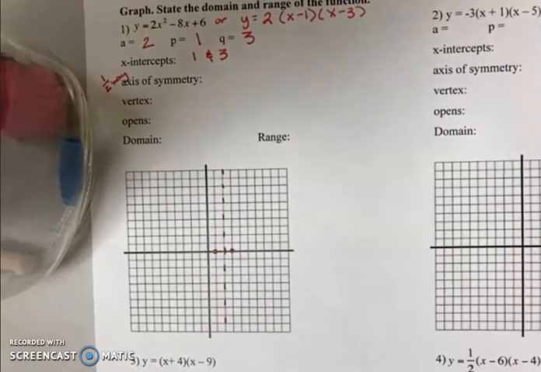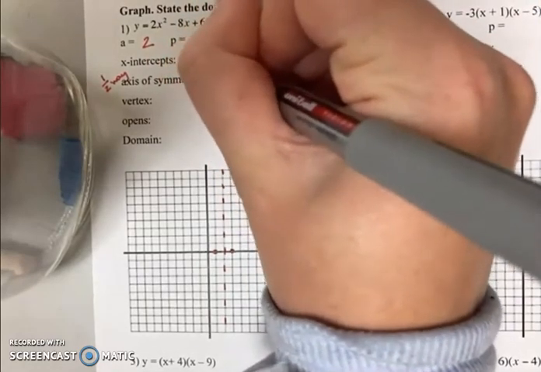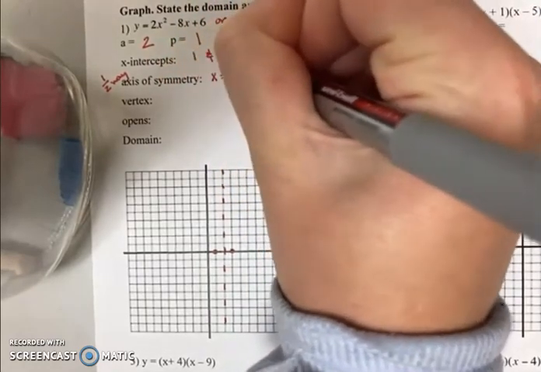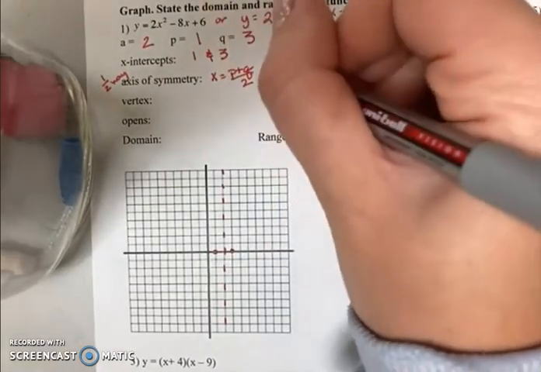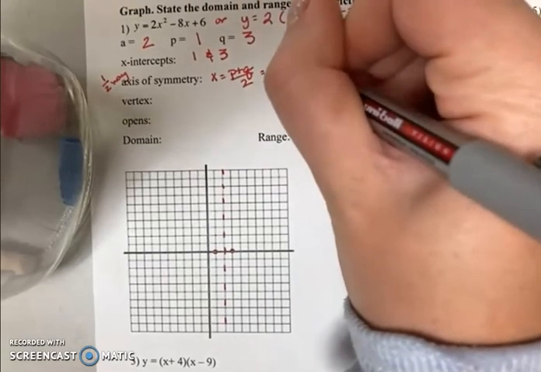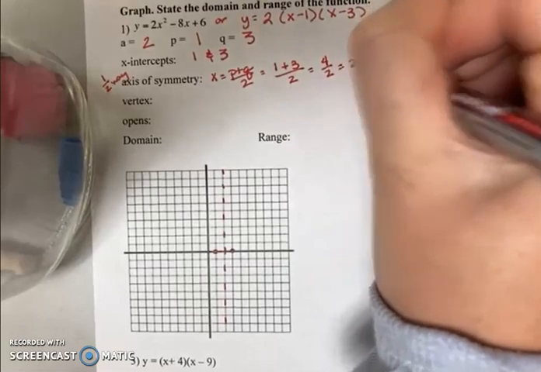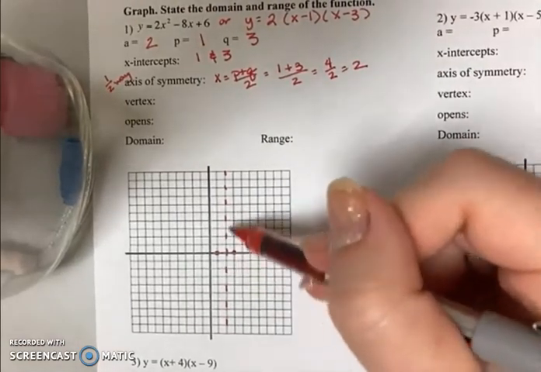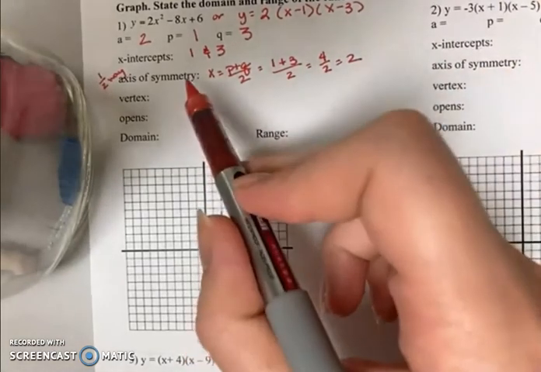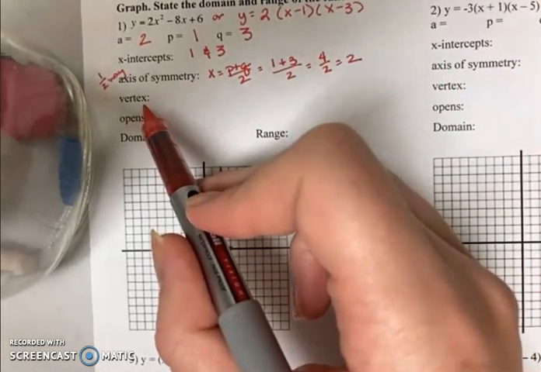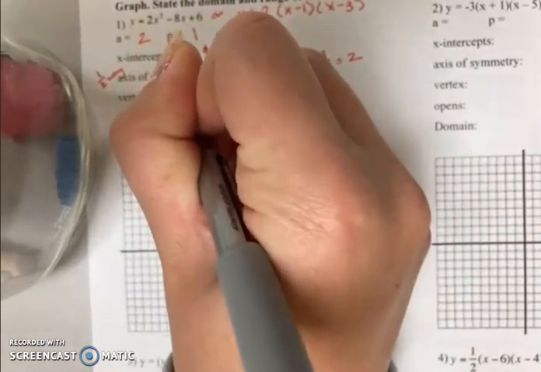If it wasn't so easy to tell, what you could do is use the equation x equals p plus q divided by 2, again finding the average of the x-intercepts, and I'll just show you p, which was 1, plus q, which was 3, divided by 2, becomes 4 over 2, or 2, and that's what we had identified. The axis of symmetry will always pass through the vertex. So when I want to know what the vertex is, the x value will be